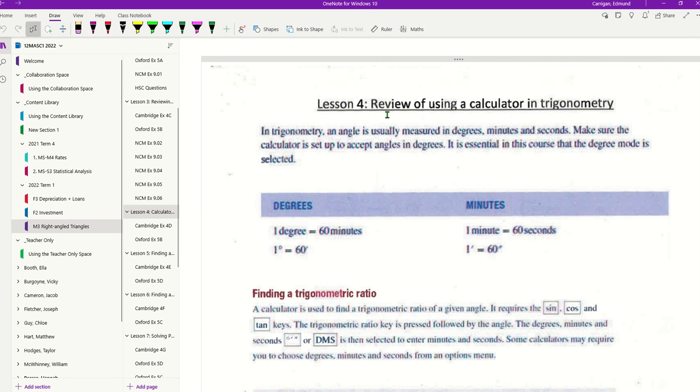Good morning. Today we're going to have a look at using our calculator for trigonometry. I know that all of us are getting very good at that. This review, in particular, is about using our calculator when the angles are in degrees, minutes and